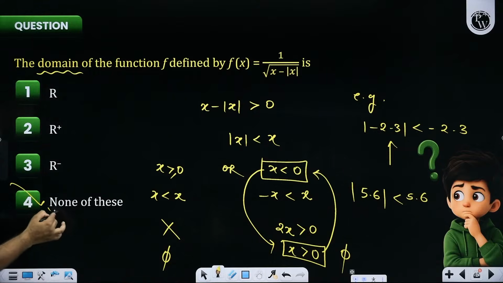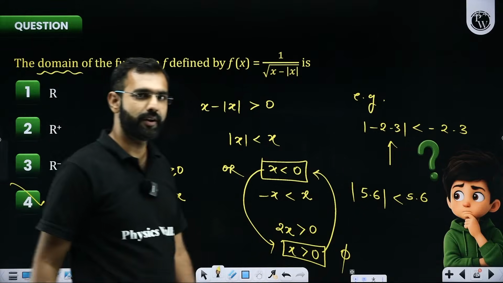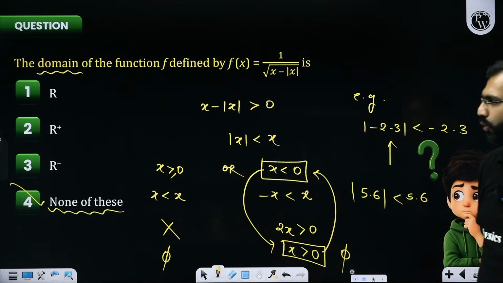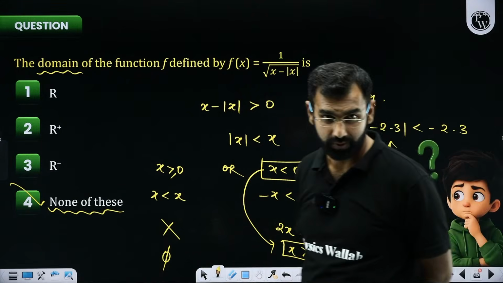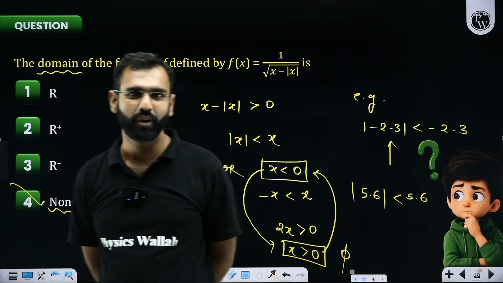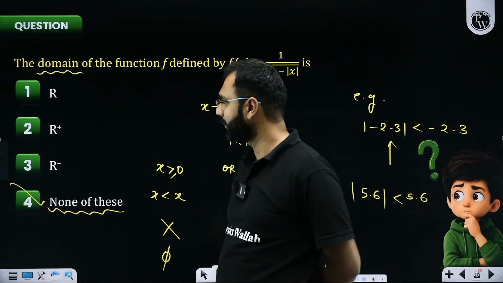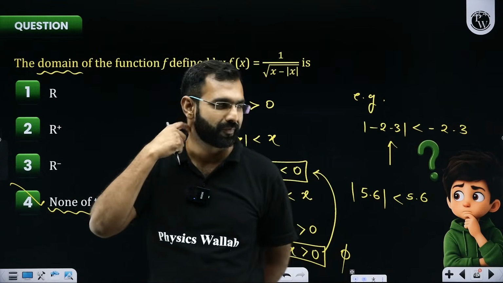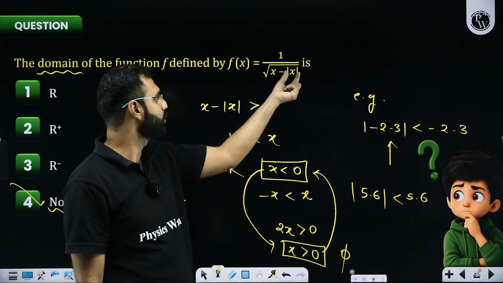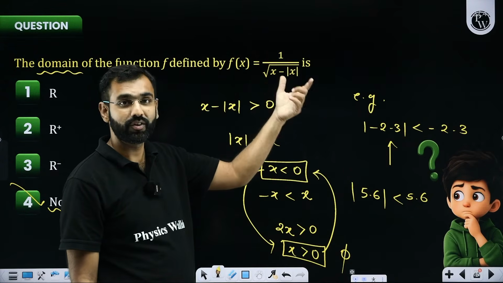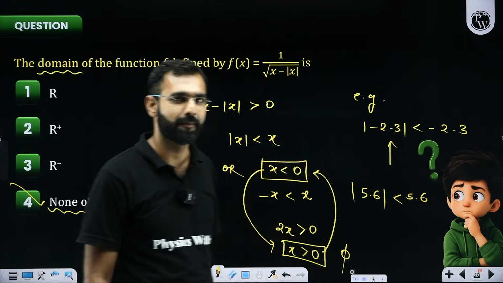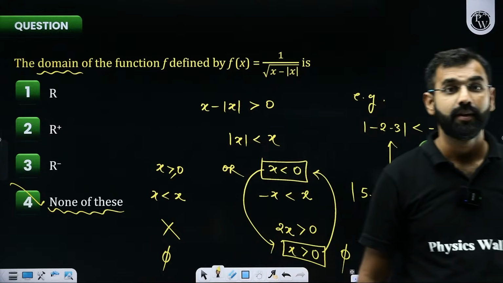Option D should have been marked by most of you. Everybody got it. Shall I re-explain this? Option 3, wrong. Option 3, false. The answer is option D. You can also try some values by yourself with the options. For example, can you really put minus 2? Let me try minus 2. Minus 2 minus mod of minus 2, that's 2. So minus 2 minus 2, that's minus 4. Under root of minus 4 is not defined. How can you take the root of a negative? Got my point? Yes, none of these.